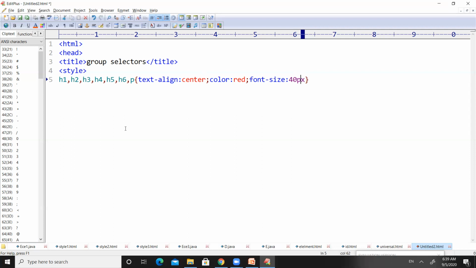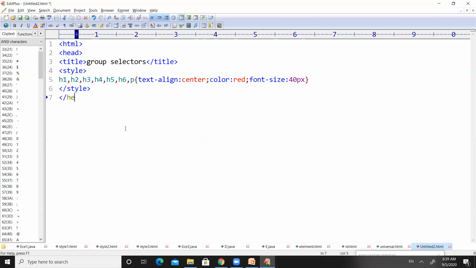So here we are grouping all these things. So we are applying same styles for all these tags.